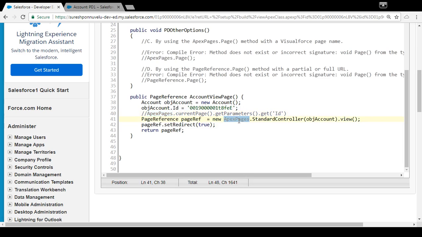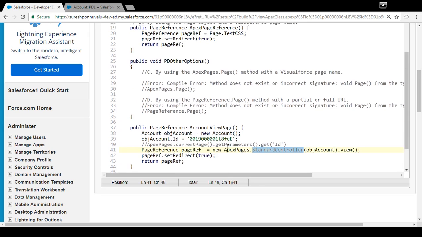There's one more option in ApexPages, in case you want to switch between edit and view, and you can use this option. So this is another way. This is what it does.